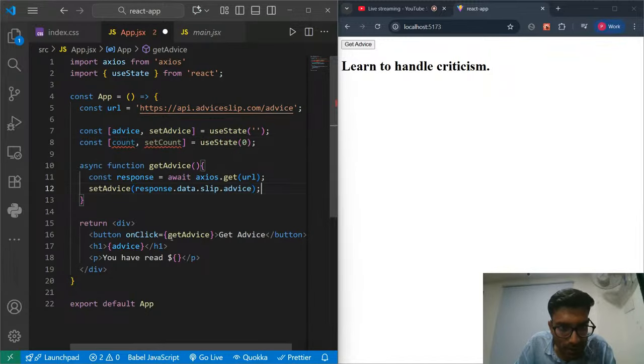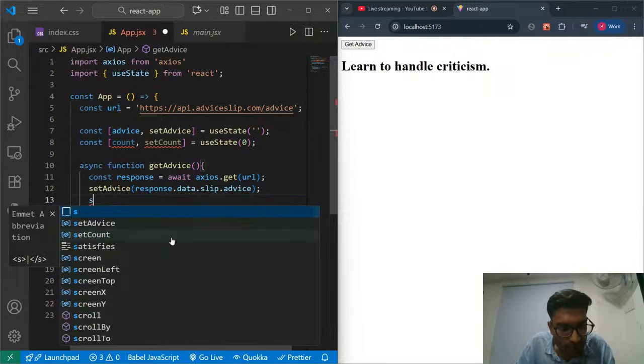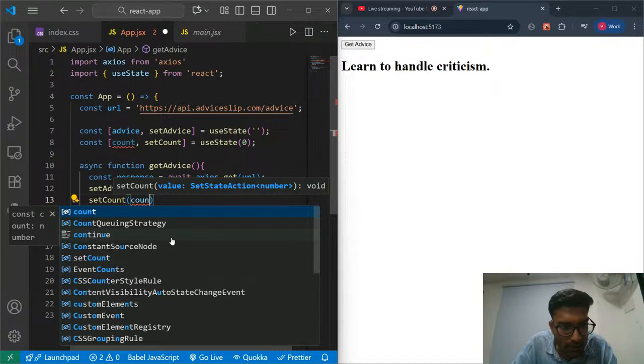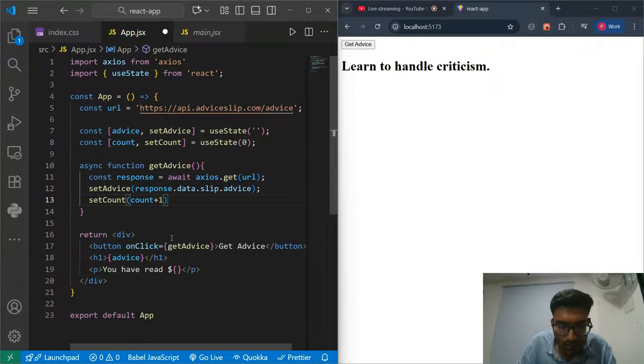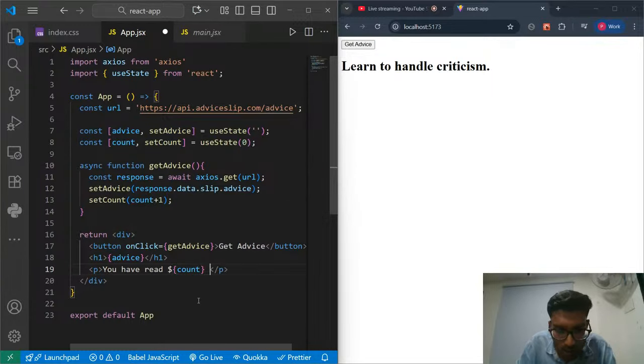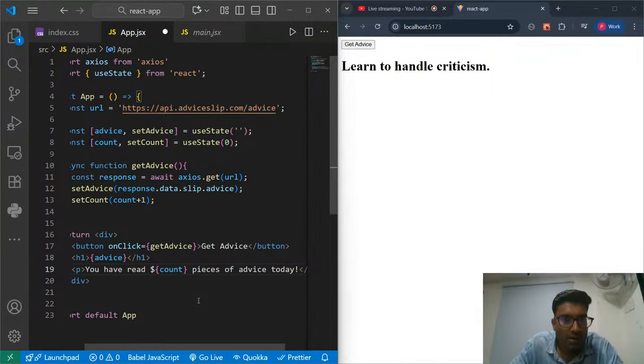So each and every time, setCount, here we will give count plus 1. So each time we call our API, our count will be increased. And here I'll put that count. So you have read count pieces of advice today. You can make it bolder if you want. So I'll create a p tag.